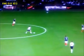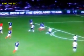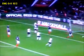Walcott. Cahill. Wilshere. And here comes Welbeck. Here's Leighton Baines, early crossing there towards Wayne Rooney. An opportunity there for England. Rooney wants a corner, not going to get it. Good running on the left hand side by Leighton Baines. And amongst all of that,